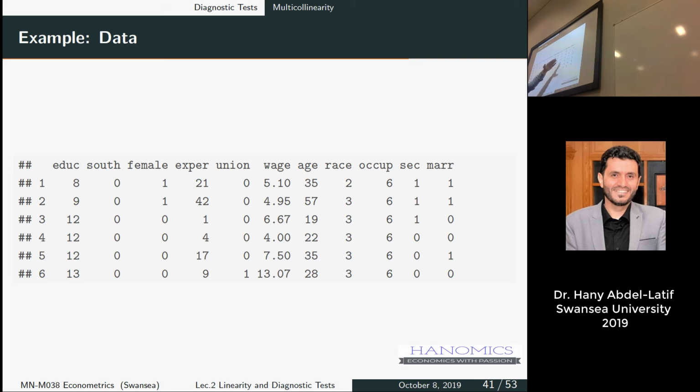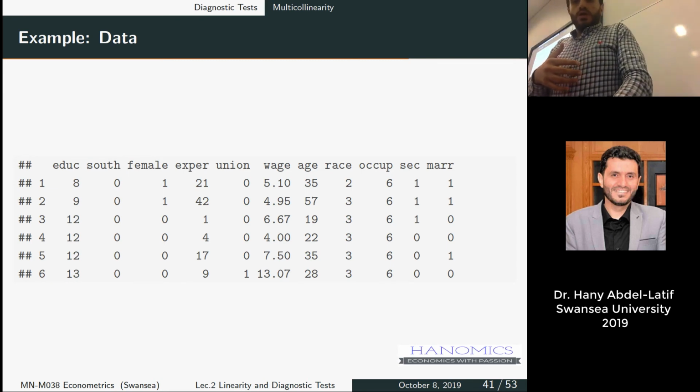Then age, race, occupation, sector, and whether they are married or not. This data has, I think, 534 observations, and we want to fit a model that explains differences in wage, that is, what factors determine wage,